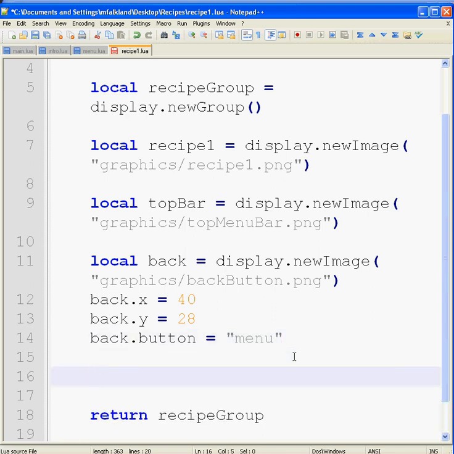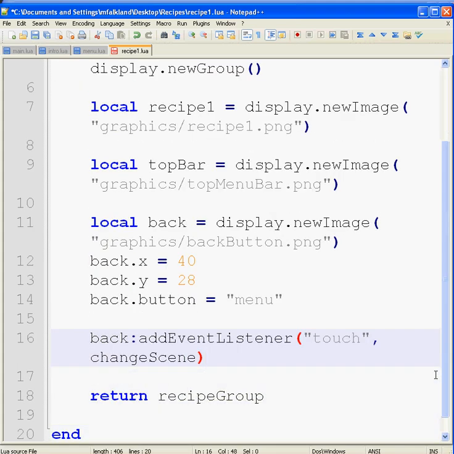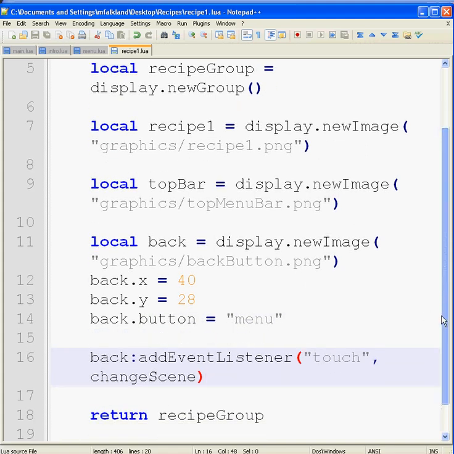So we'll do that by saying back add event listener. The type of event is going to be a touch event. When that occurs, we want to call the change scene function back in the main.lua file. So I'll save that. The other thing we need to do is actually add the graphics we've got, which is